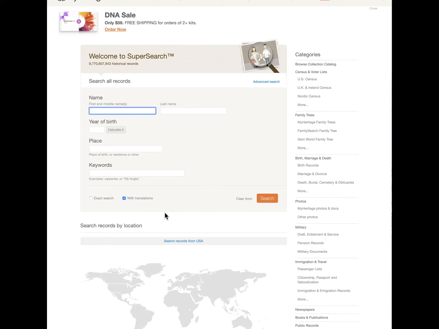You can search for records on MyHeritage. It is possible to use the search engine Super Search to look for people directly in the program. I would suggest that most of the information you're going to be searching for will either already be found by the Super Search program and put out as record matches, or that it would be more advantageous for you to focus on those individuals in your family tree and search from your family tree rather than simply entering names into the search engine. For example, if I were to go back to my family tree